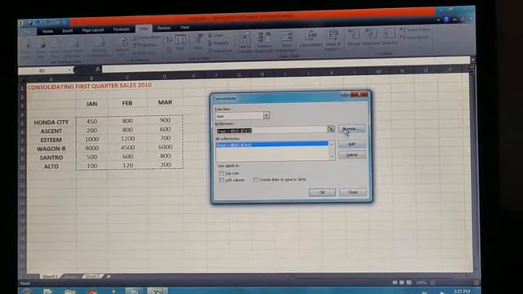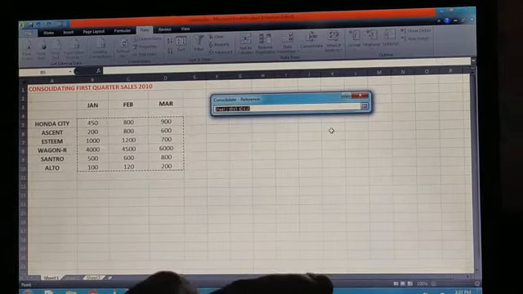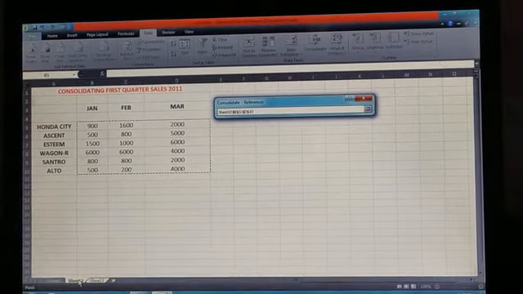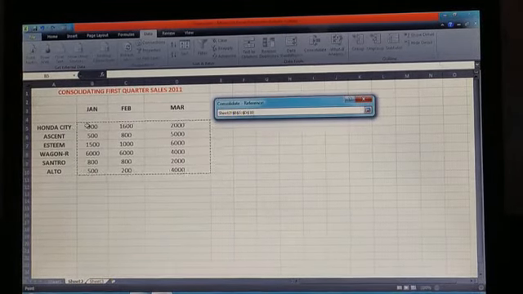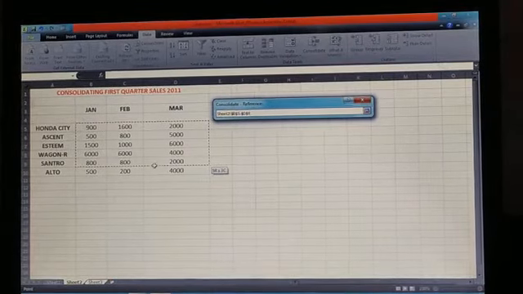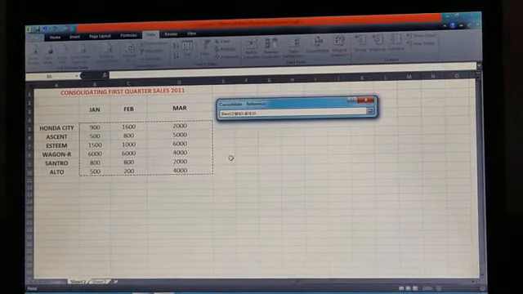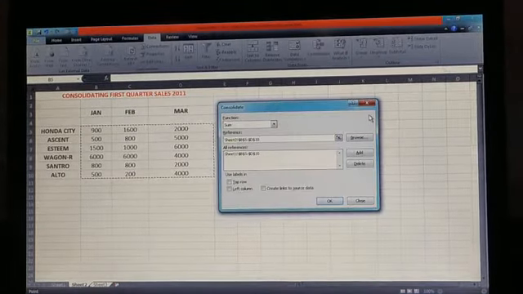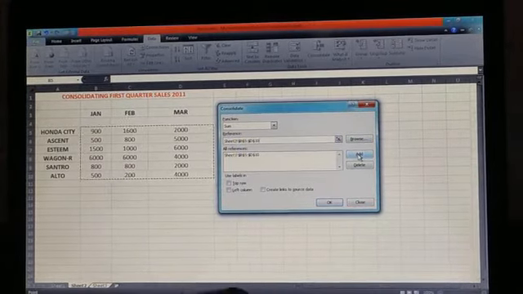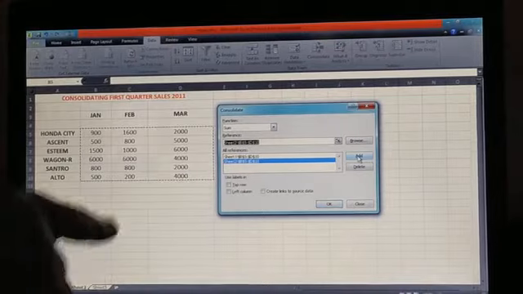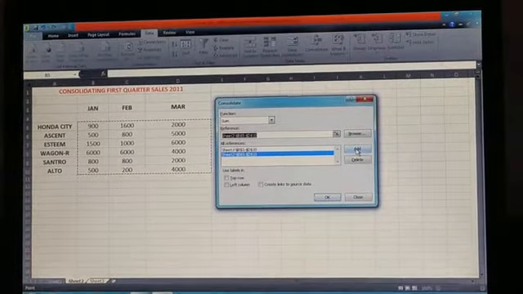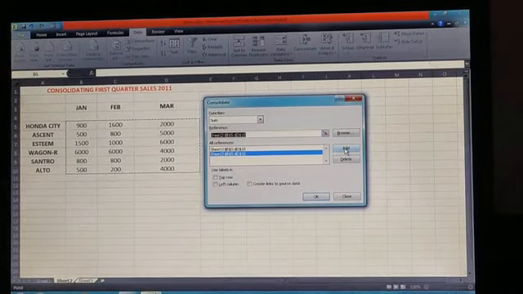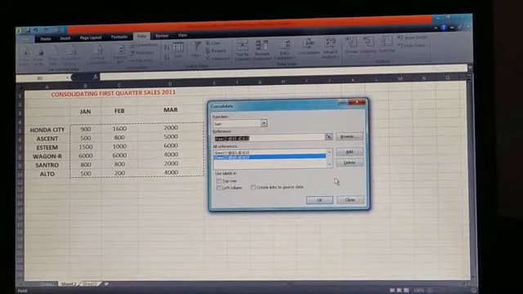Now again you have to click on the collapse button on the reference list box. Now click on the sheet 2 tab and select the cell range from B5 to B10 again. Okay. Now click on the collapse again. Now you have to click on the add button again. Now you can see that sheet 1 and sheet 2 cell ranges has been added in the all references text box. Now you have to press OK button.